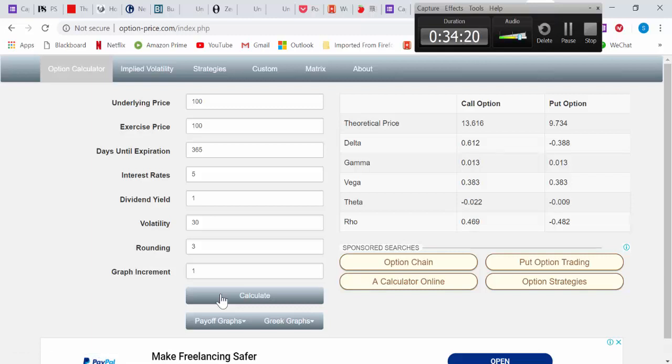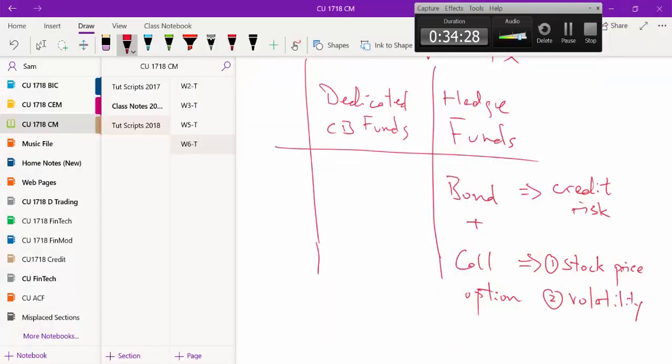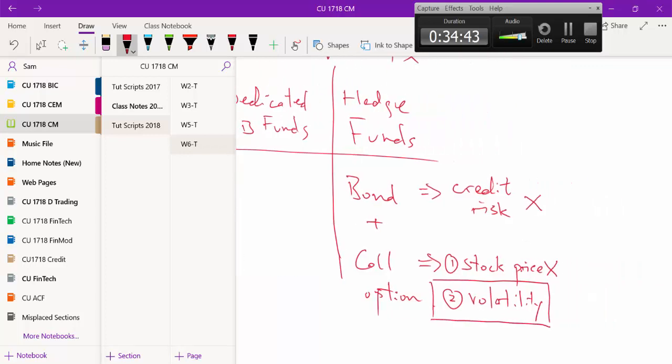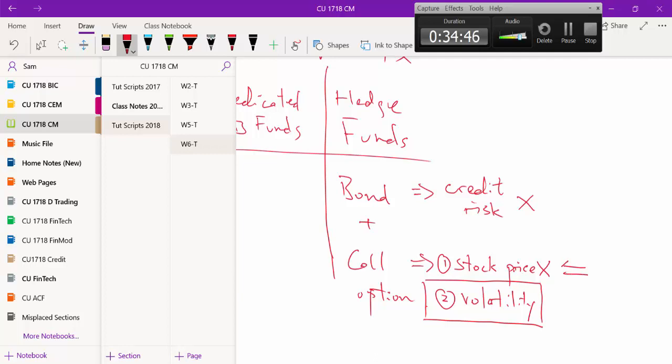Now, ladies and gentlemen, when hedge funds trade CBs, they normally don't want to think about this part, and they certainly don't want to think about this. They are interested in trading this one. The reason they don't want to worry about the stock price is that there are already thousands of mutual fund managers out there who are day in, day out focusing on stock price movements. They don't add any value, so they prefer just trading volatility.